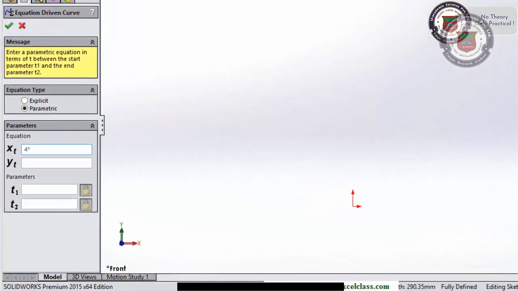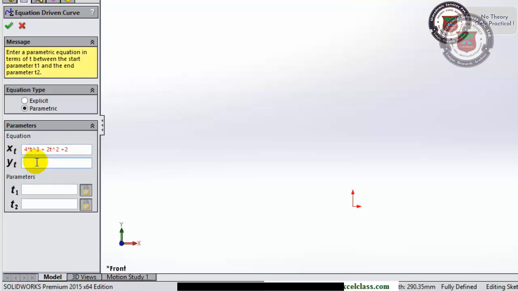multiplied by t. I'll be taking the cube of t. So I'll be using this symbol, which you can find on the keyboard, on the key for the number 6. 3, it means 4t cube plus 2t square plus 2.